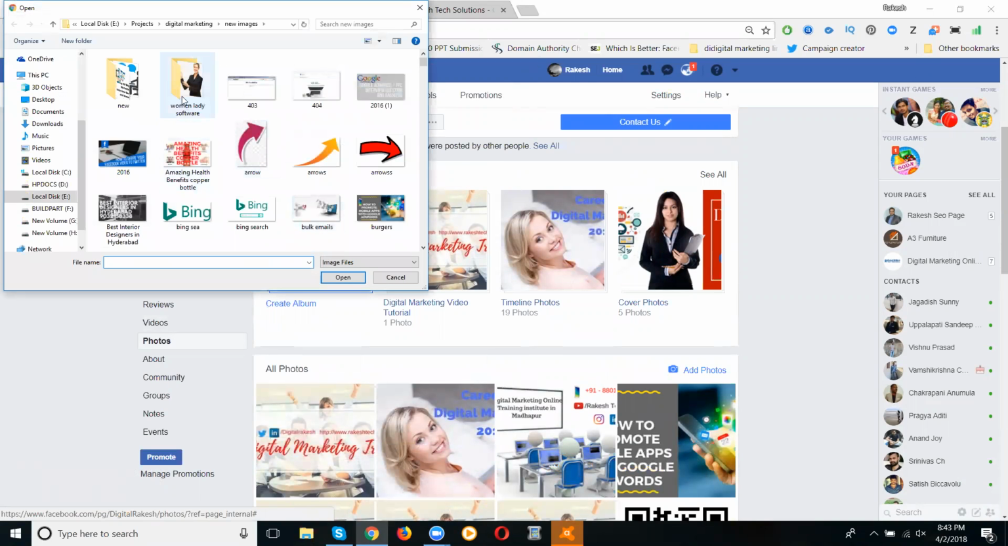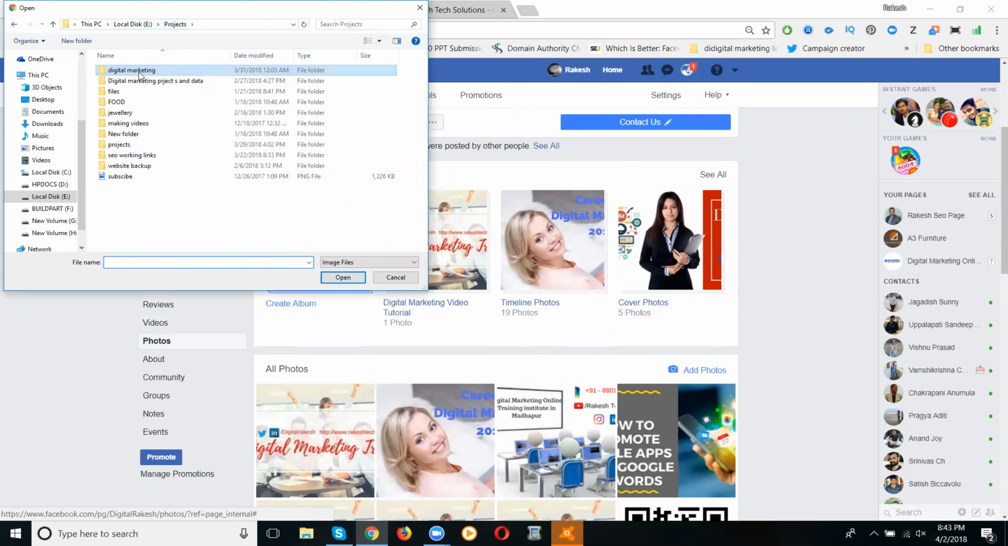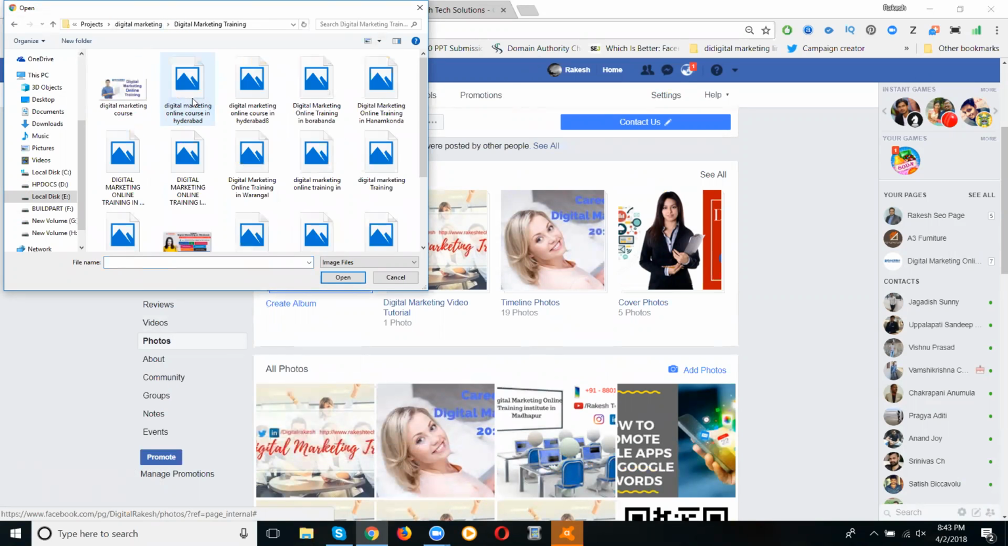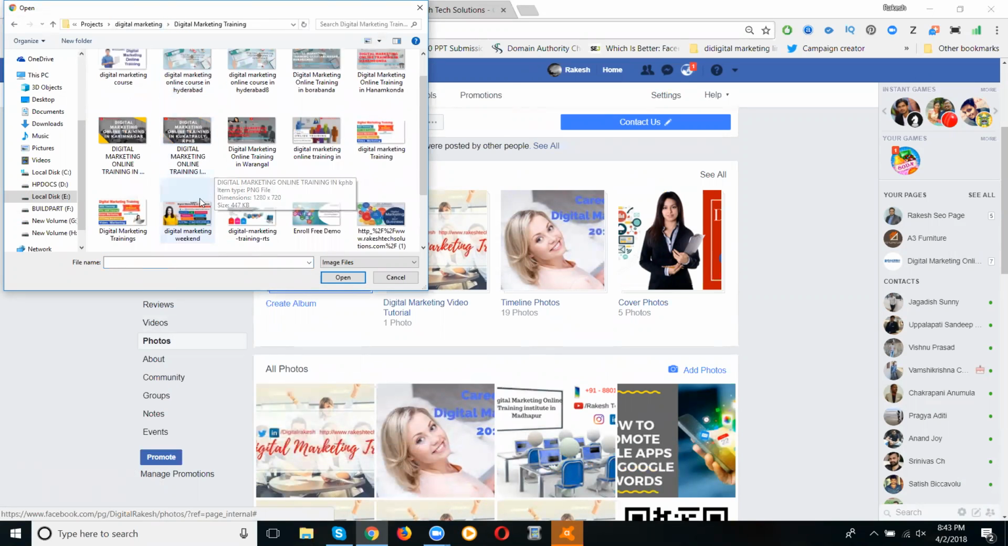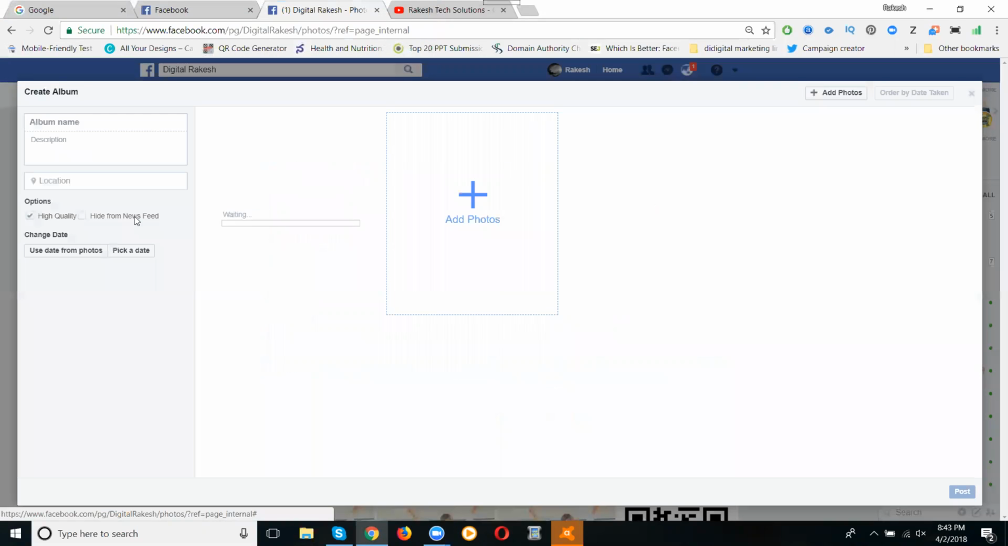Now I can promote here one of my courses, digital marketing training, in Hyderabad. Suppose I'm selecting this image. Where? In Hyderabad. Now select it. Digital marketing online training in